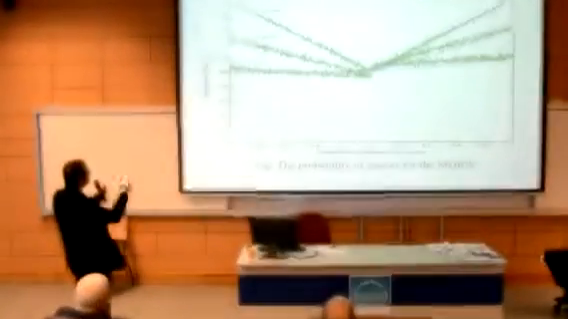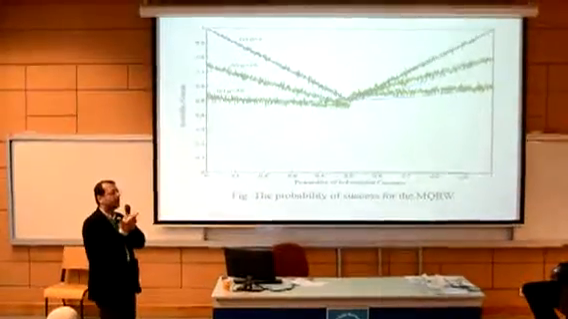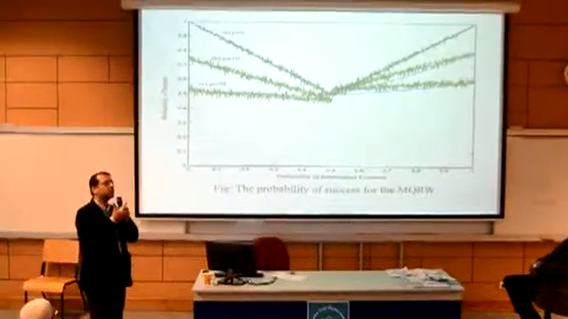This is the probability of success of the algorithm. We start with a random guess, and as more as we run the algorithm, the probability of success